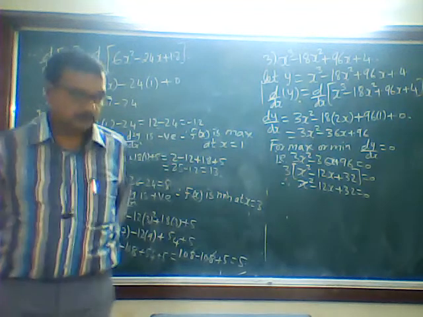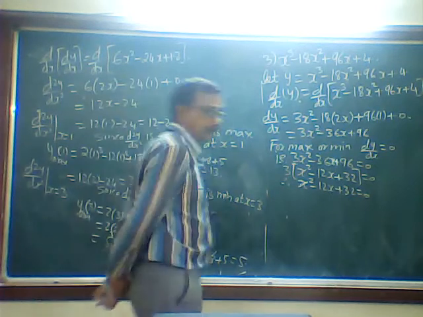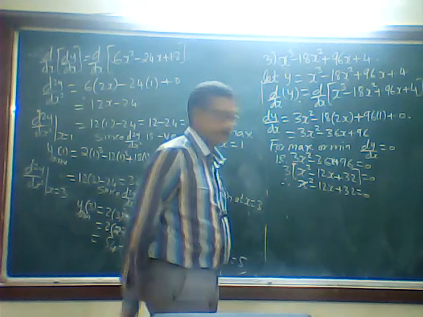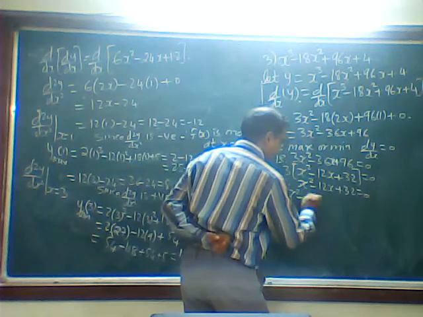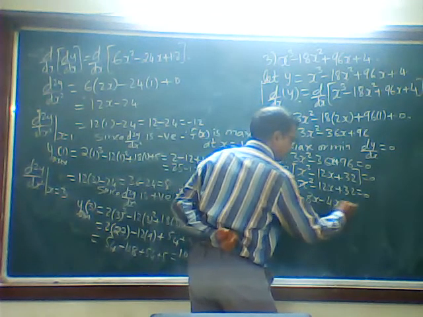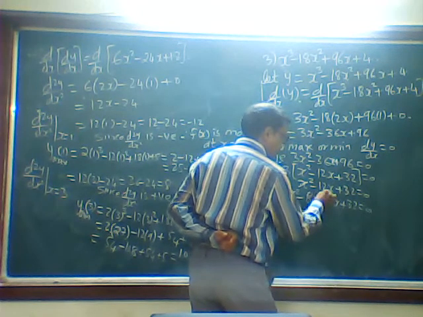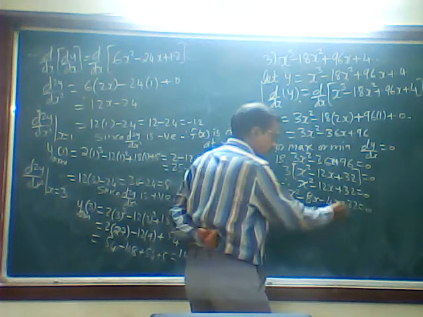So 12 is there and 32 is there. 8 4s are 32, 8 plus 4 is 12 and 8 into 4 is 32. So since minus sign is there and positive is there, I take it this way. Minus 8x minus 4x. See, minus 8x minus 4x will get me minus 12x. Minus 8x into minus 4x will get me 32 x square positive.